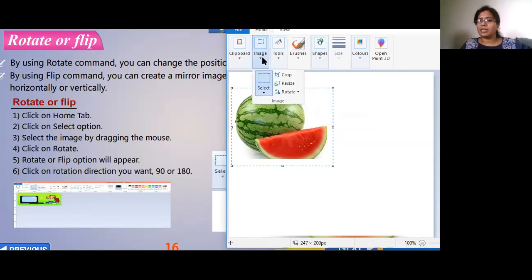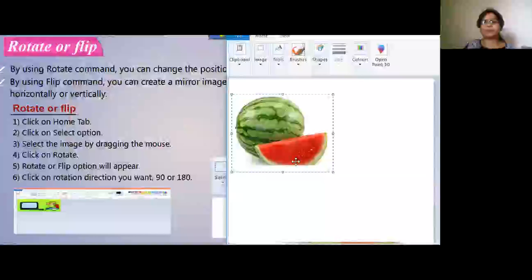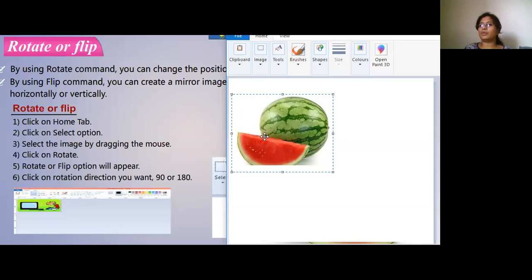Now I will just flip it. Let me try the flip option. Click here. Flip vertically. See, it became upside down. So I can even flip this. Flip means just like right side to left side, left side to right side. So now this watermelon corner is on the right side, right? I'll make it go to the left side. Let me do it. Flip it horizontally. See, now it got twisted from here to here. This way we can rotate it and also we can flip it.